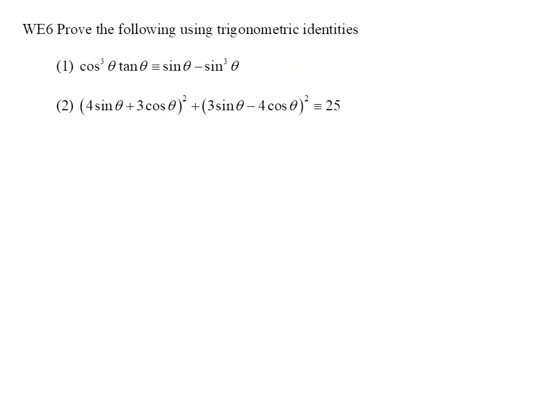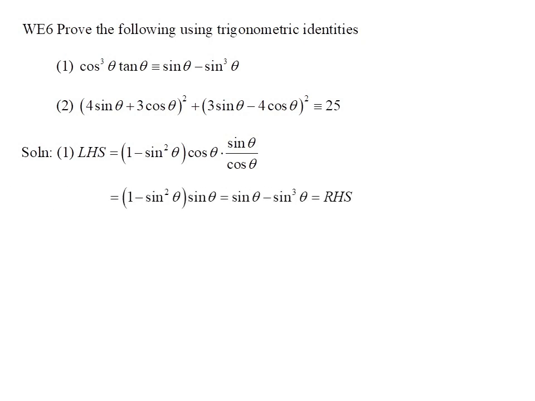Example 6 is to prove the two trigonometry relations. As for the first relation, the left-hand side of the statement equals 1 minus sine squared theta, in parentheses, times cosine theta, then times the ratio of sine theta to cosine theta, which can be further simplified to 1 minus sine squared theta, in parentheses, times sine theta. After being expanded, it equals sine theta minus sine cubed theta, which equals the expression of the right-hand side of